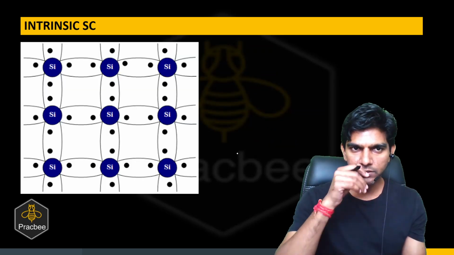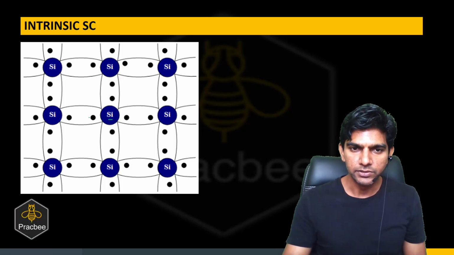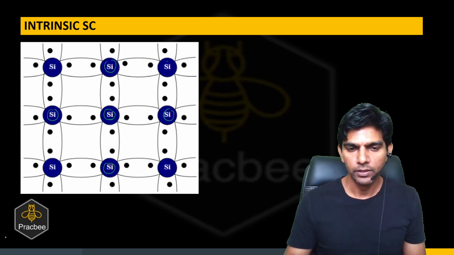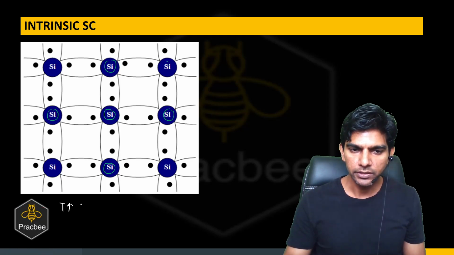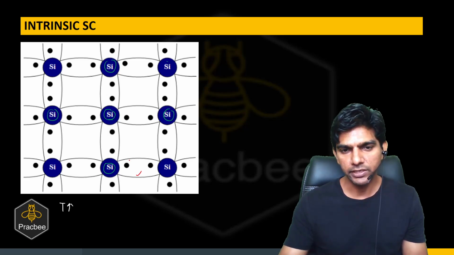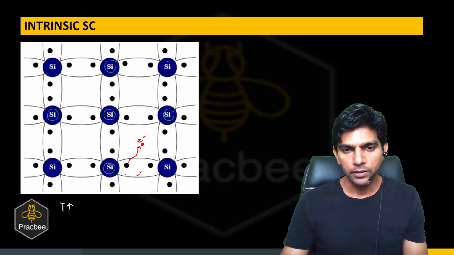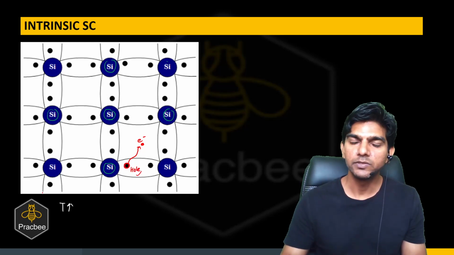Okay, now let us see what an intrinsic semiconductor is. A single silicon atom is bonded with 4 neighboring silicon atoms. If I consider this silicon, it is bonded with 1, 2, 3 and 4. Now what happens as the temperature increases is that some bonds will break. Let us say this bond breaks first, right? If this breaks, this electron will come out. Now this electron will move to the conduction band. And when the bond breaks, there is another thing happening: a vacancy is created, right? So here we have a hole. A hole is being created.